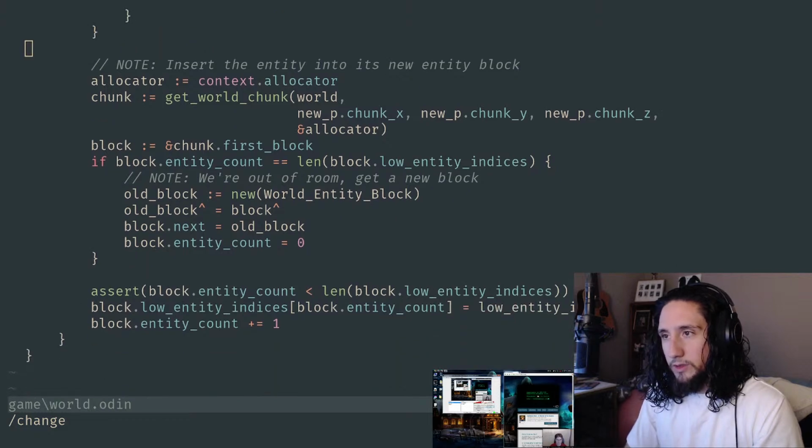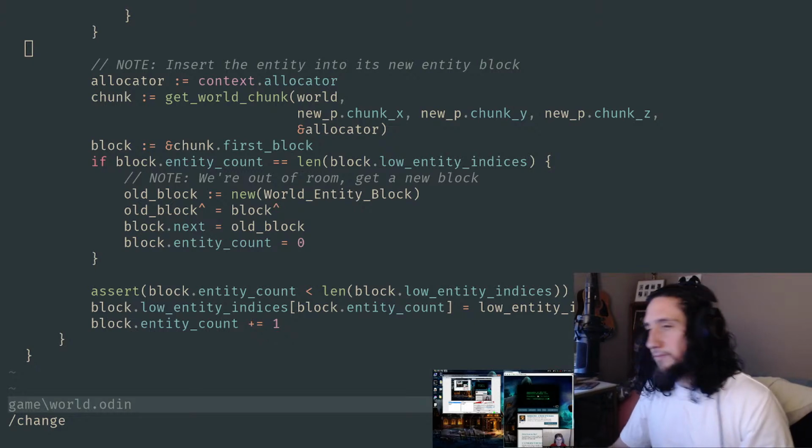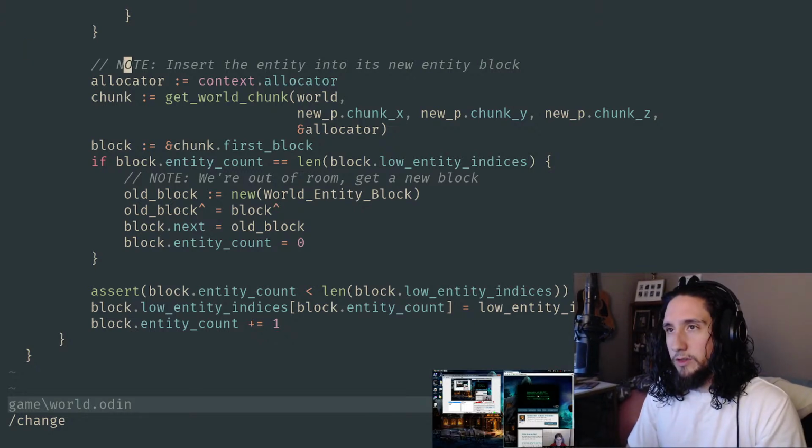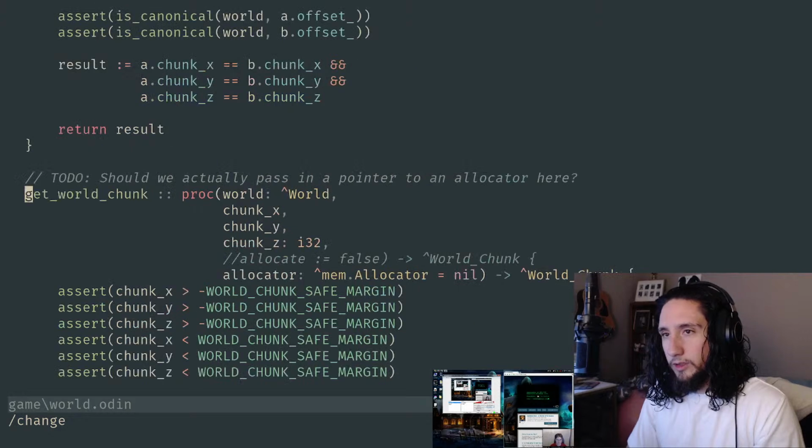One thing that I took the time to look at since yesterday, and this has come up a couple times now, is these calls to get world chunk where we were passing in this allocate flag to basically say, yes, go ahead and allocate a chunk if we don't find one at this position, or not.